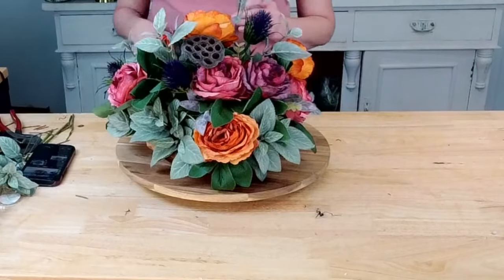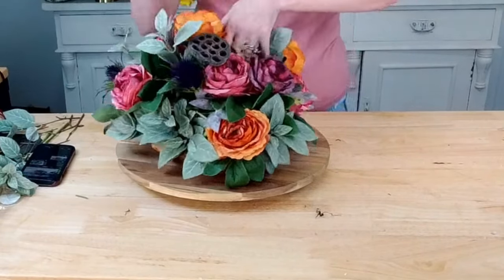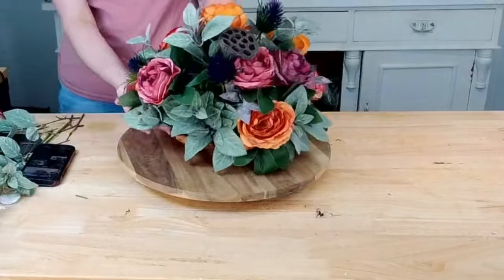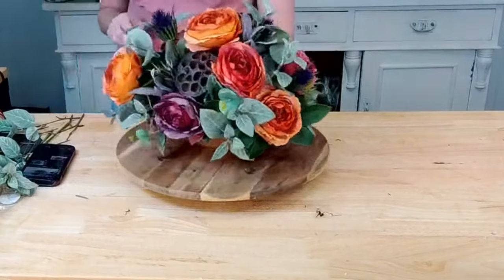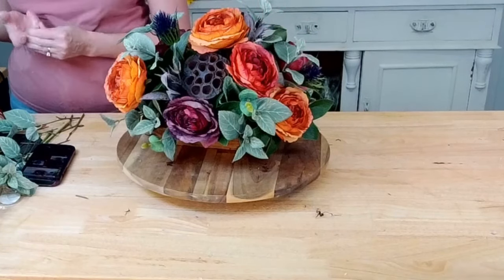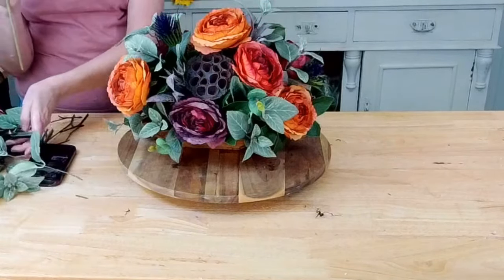Okay, I think I want to bring one more piece of this right here. Gorgeous. Aren't these colors so pretty? And you can go in with any greenery. I know this is a little bit of a lighter greenery, but I think it still looks pretty in here. But go in with whatever color. You could do a light green, a dark green, a yellow tone, blue tone, whatever you want. But these colors of the flowers,